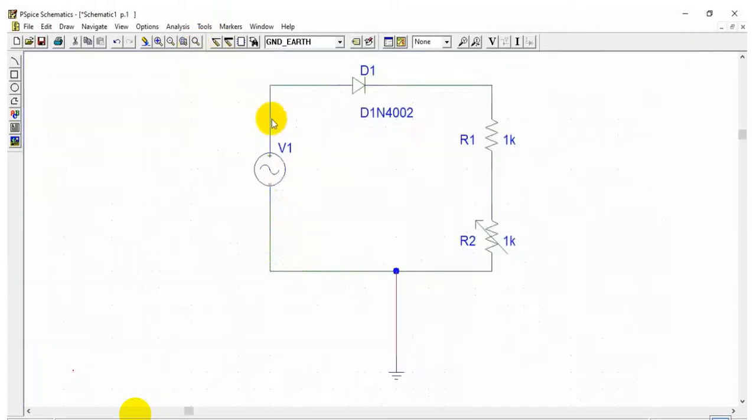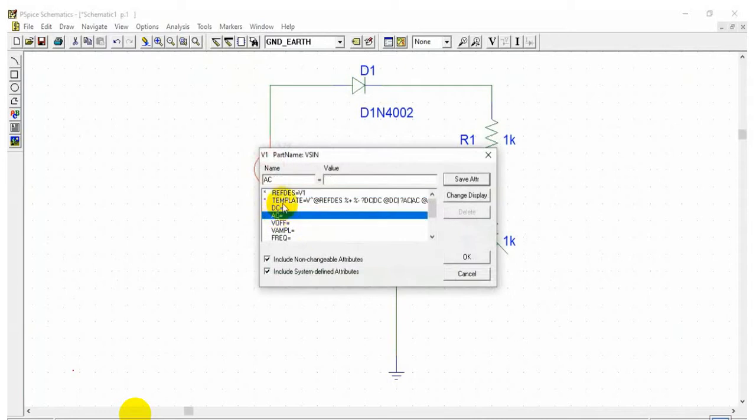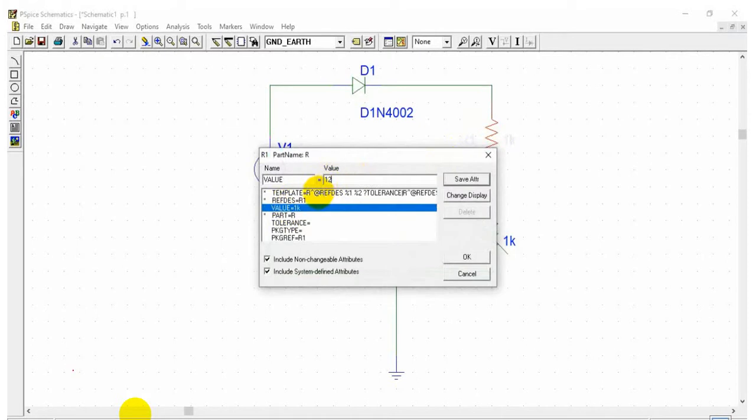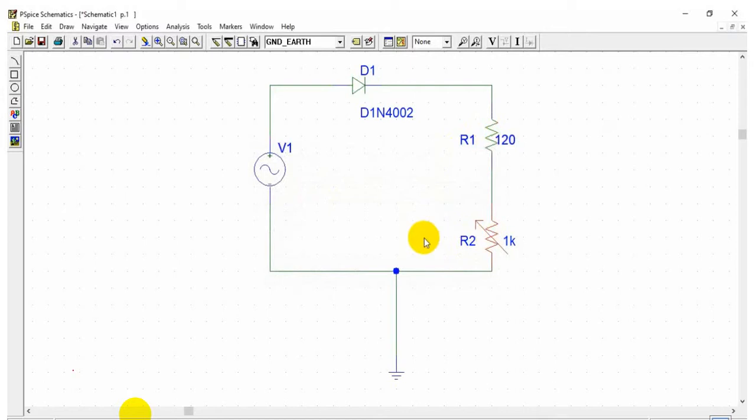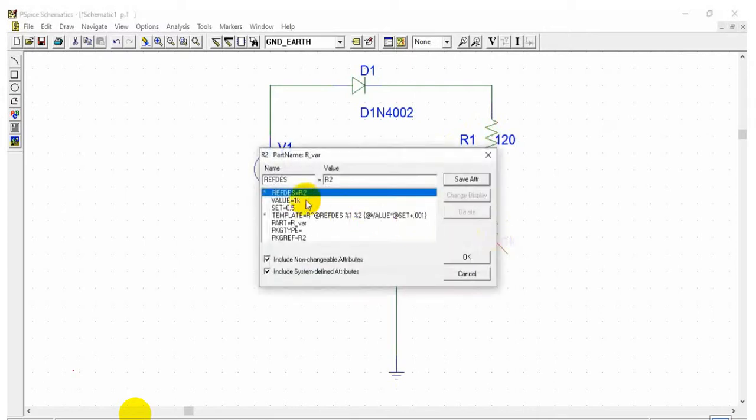So here you can save the file. Now we are entering the values. So enter V sine value, DC is 0, AC is 1 and V of 0, and the V amplitude you take as 9 volt and frequency 50 Hertz. We are not using the transformer, just the secondary of the transformer directly we are connecting to the circuit. Okay, and the fixed resistor value you take as 120 and variable resistor we can take as a 1K resistor. But the set value has to be changed according to the load resistance.